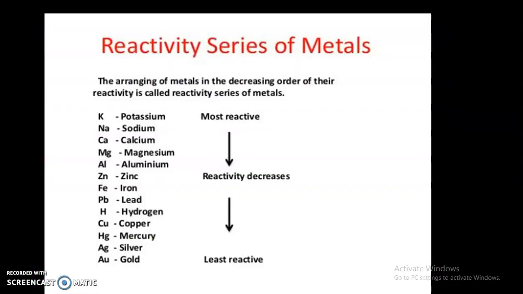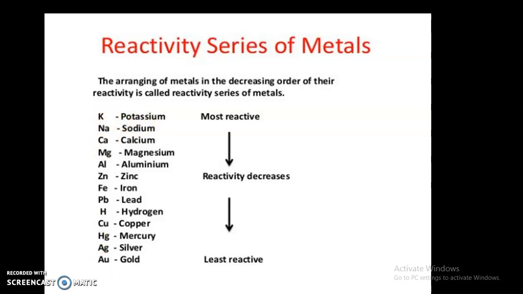Before we study the displacement reaction, how did we come to know which metals are quite reactive and most reactive, and some are less reactive? On the basis of the reactivity series, we came to know which metals are more reactive and most reactive. And this is how the series goes down, and the last, gold, as you can see, is the least reactive metal. So the reactivity series of metals is basically the arranging of metals in the decreasing order of their reactivity. And how can you learn it? First of all, as you can see here on the top is potassium, which is the most reactive one, and the symbol is given like this here.